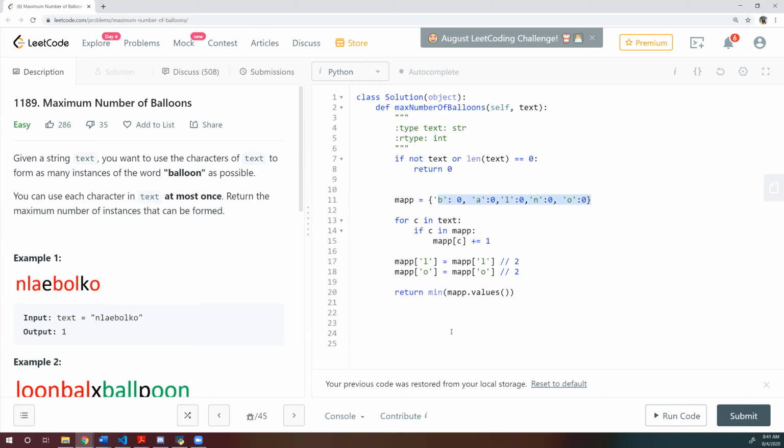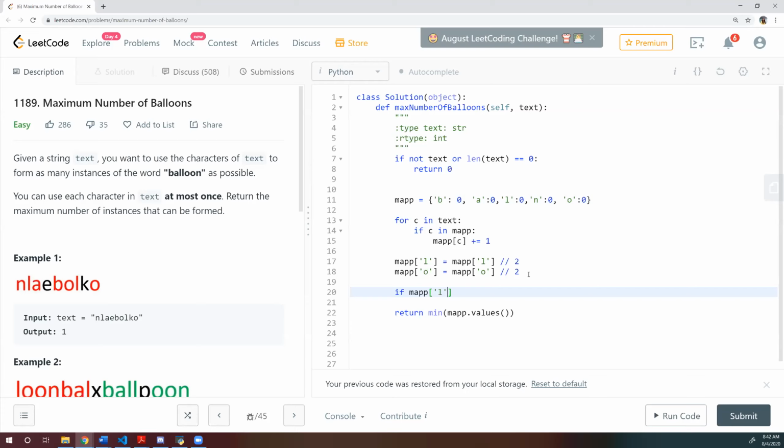One small check we can add is that if the count of L and O is less than 2, then we can return 0 straight away. So after line 18, if it's less than 1. Less than 2, right?